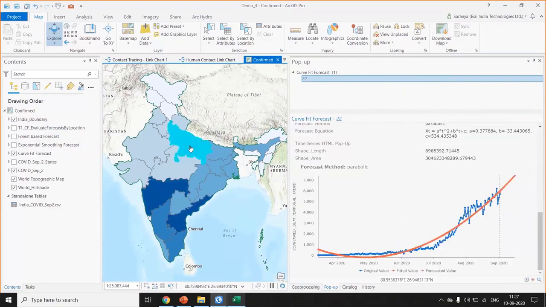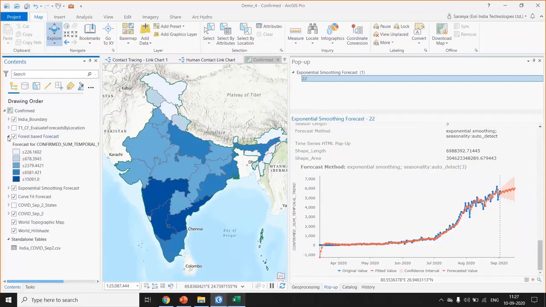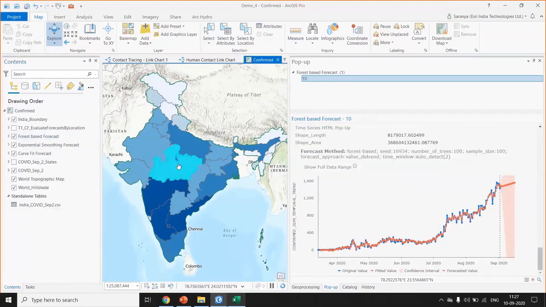Similarly, we can go for exponential smoothing forecast, which, in addition to the original fitted and forecasted value, also gives you the confidence interval for your predictions. We can also go for a random forest based forecast to gain the same analysis.